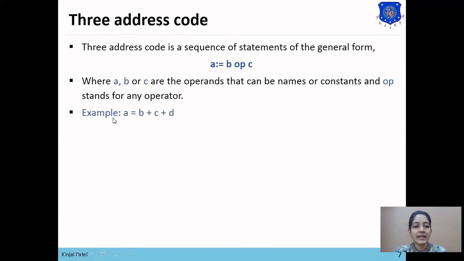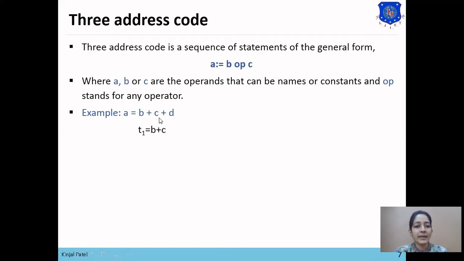Now here is the example, A equals to B plus C plus D. So in this expression there are 4 operands used. So this expression is said to be 4-address code. Now if you want to convert this expression into 3-address code, then temporary values will be used.